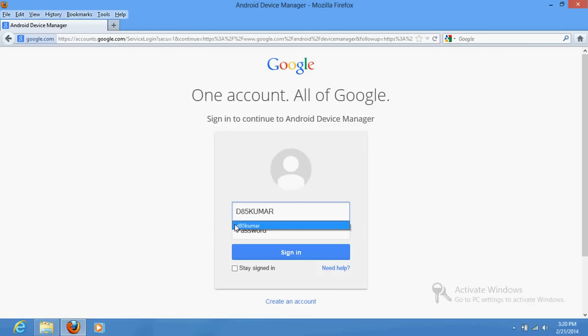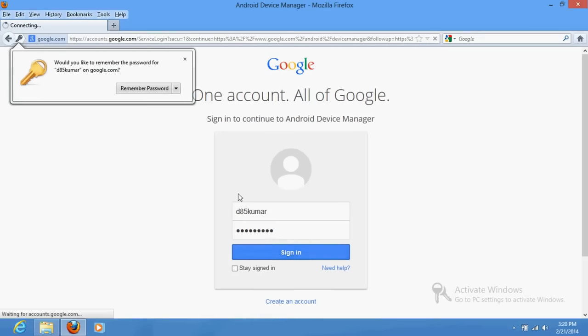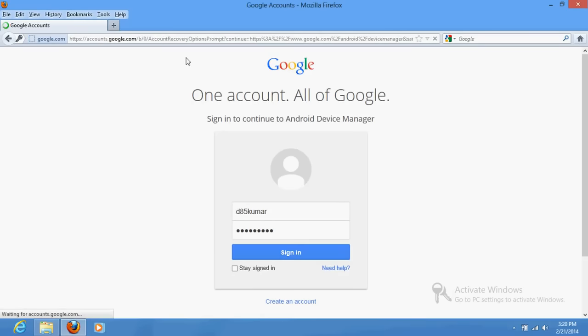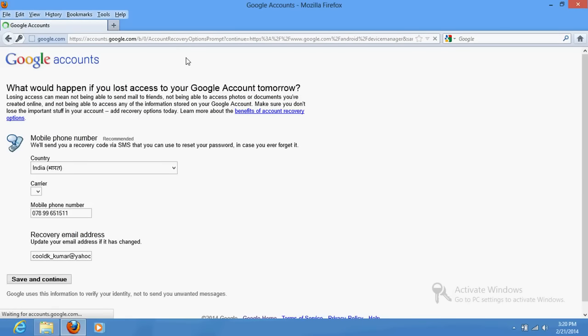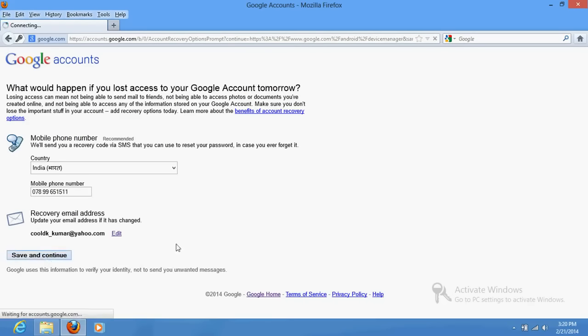Enter your password. Once you enter your password and sign in, you will be redirected to a page called this page.